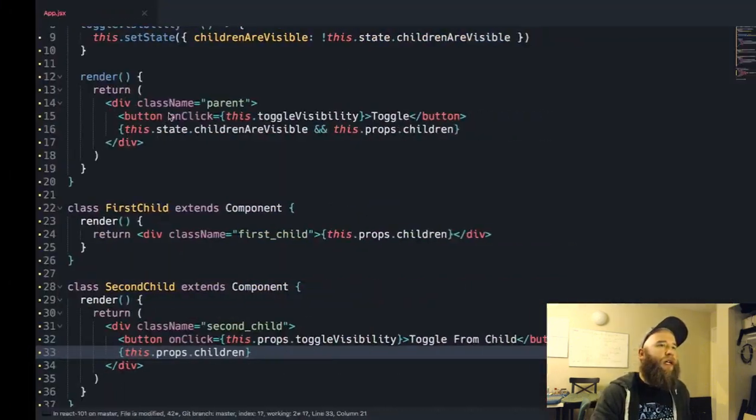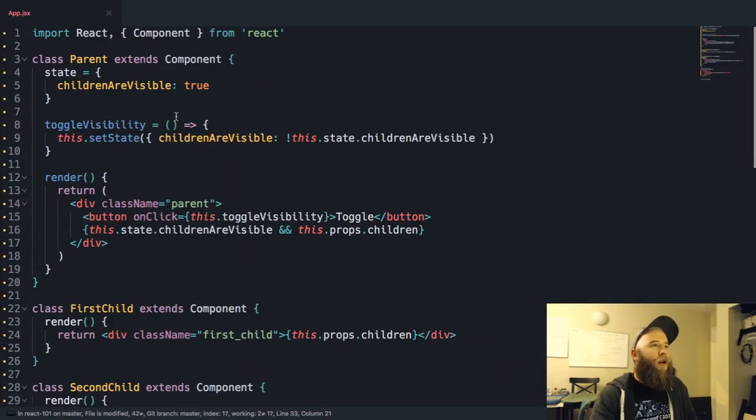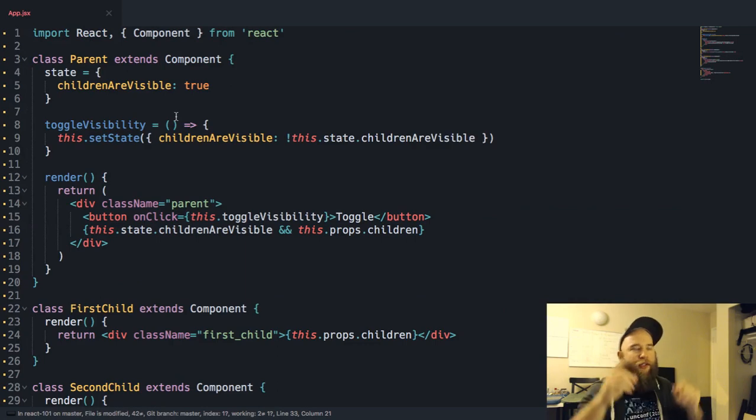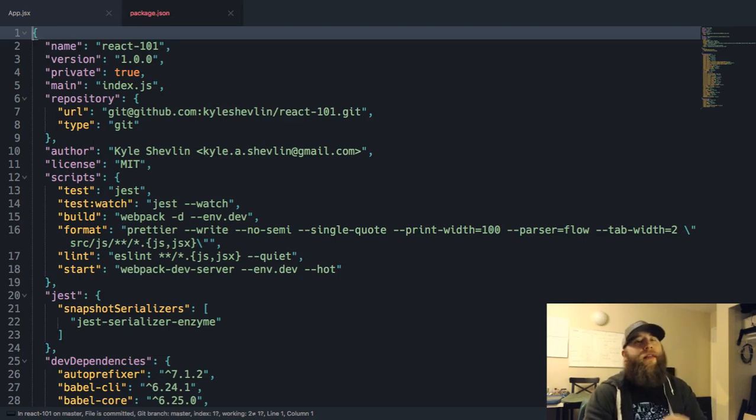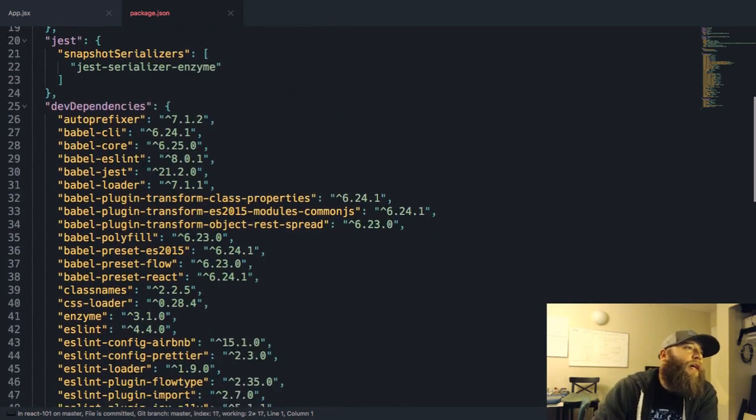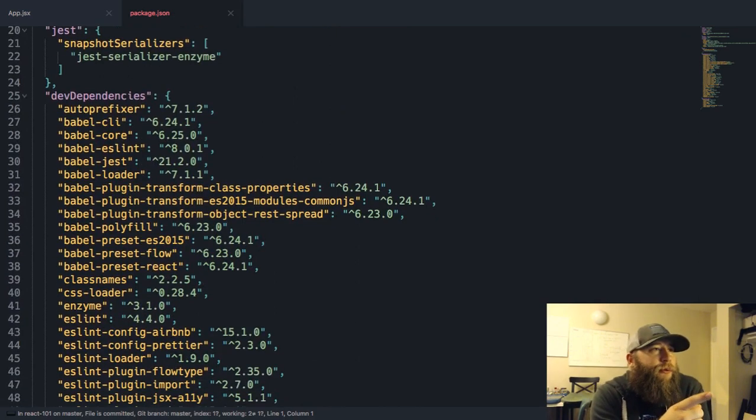I don't need let on line 4. No, oh, Napcats. Yeah, good question. You probably missed it earlier, but it's cool. We'll back up a second. That is not a variable declaration. That is using the Babel plugin transform class properties you see here on line 32. And what it's doing is it's actually transforming those equal objects and stuff like that into the proper, like this dot state equals this. It's a way for us not to need to write the constructor if we don't actually need to use props in it.